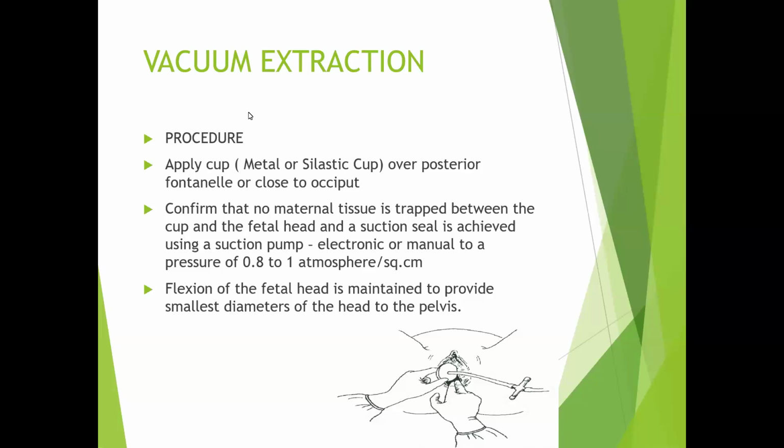Then you pull in the direction of the pelvis. So you come downwards, then forward, and then you pull upwards. So downward, forward, and upward as the head emerges out of the pelvis. And then you assess the need for episiotomy if need be when the head crowns. And when the head is delivered, you now release the vacuum pressure and then you remove the vacuum cap. And then you clean the baby and then you continue to deliver the anterior shoulder and posterior shoulder, the rest of the body,